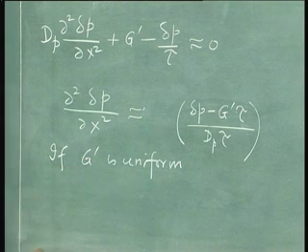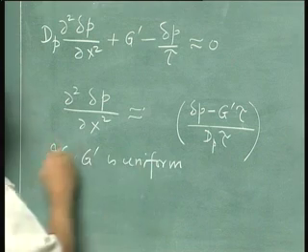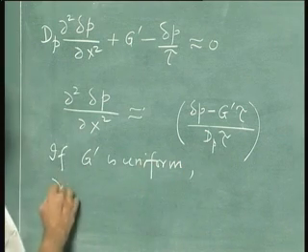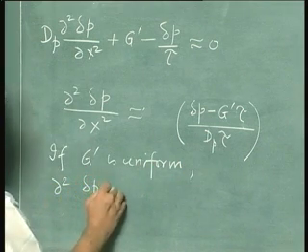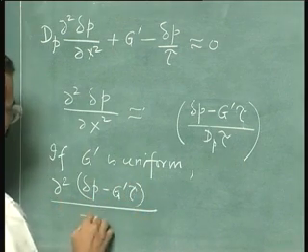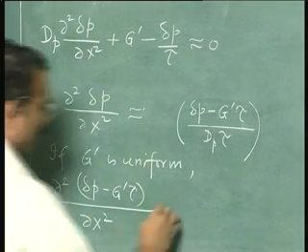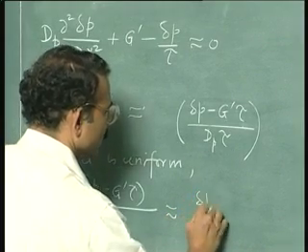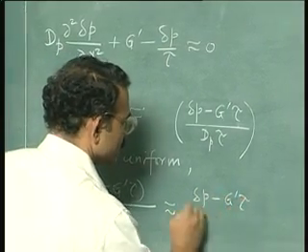So if g' is uniform, then the above can be written as ∂²(Δp minus g'τ)/∂x²